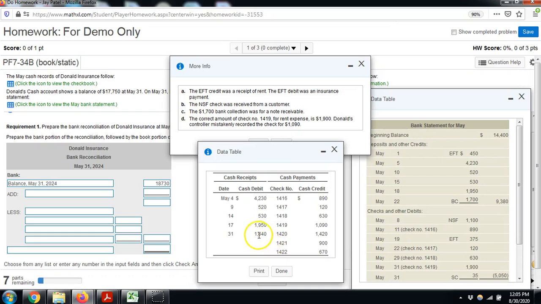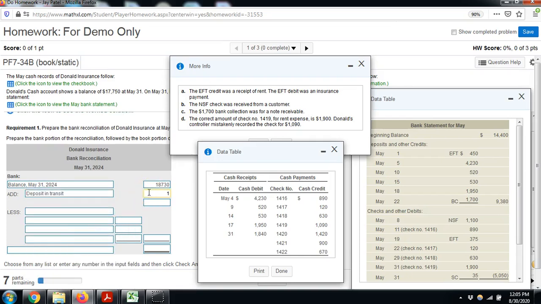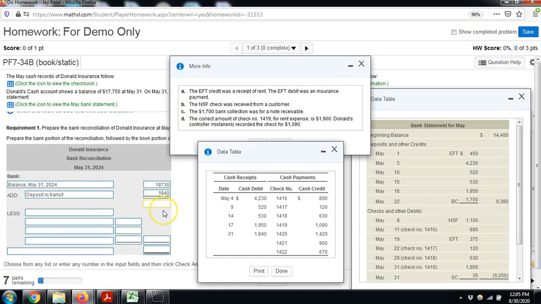This one, however, 1,840, was recorded in our accounting books on the 31st, but has not yet hit our bank account. So that's going to be a deposit in transit. So when we add that to our bank balance, we get,